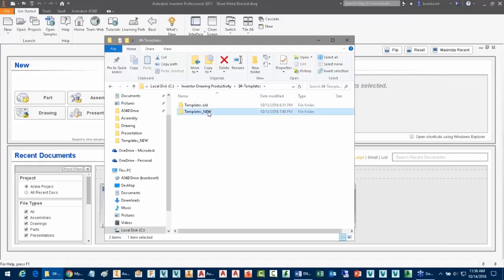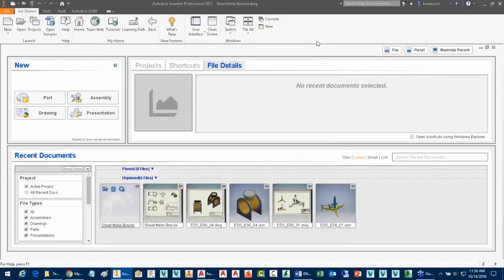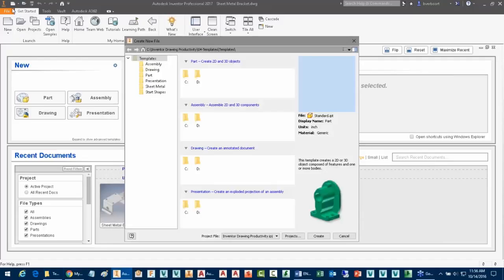and again, just play the shell game here. I'll rename this folder with that different structure that we were just looking at. So now this is the folder that we're going to be exposing when we create a new file. So when I select New now, you see that I have the ability to select from a much smaller list, and it gives me specific assembly